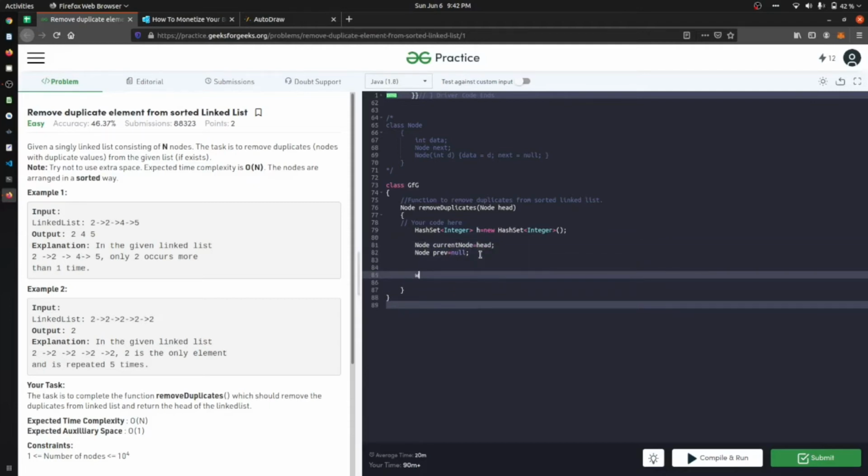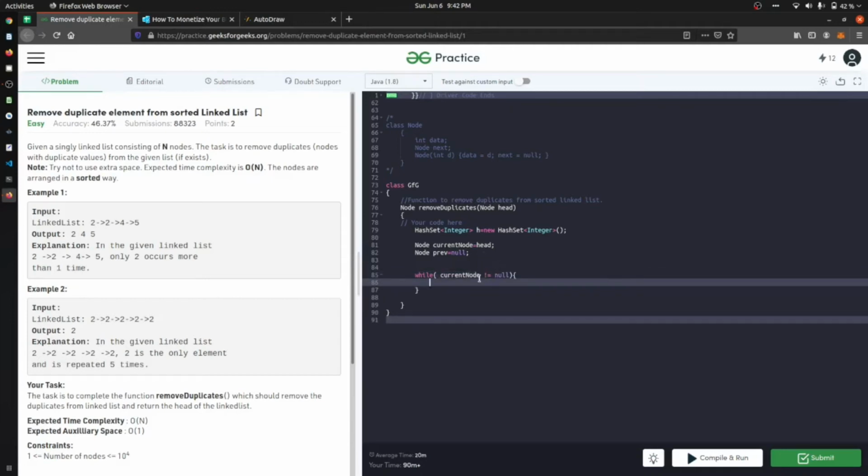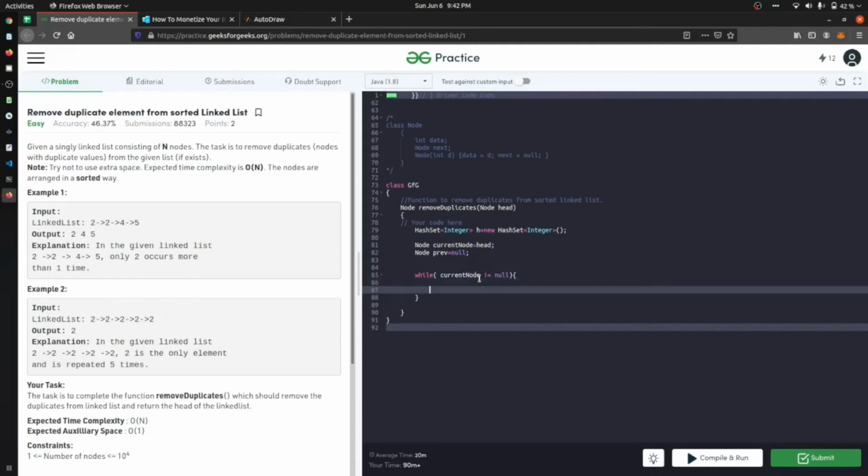Now we will create a while loop just to iterate over all the elements. We will say if current node is not equal to null, till the point we have not reached the null, we will take out the data from our linked list.